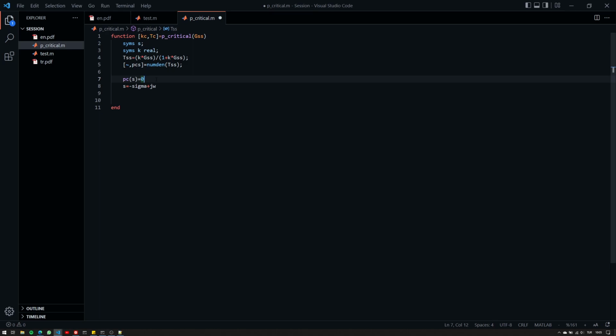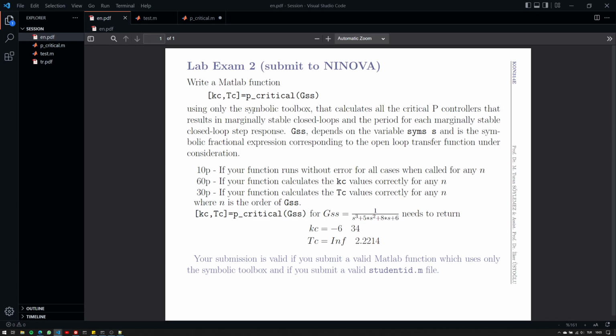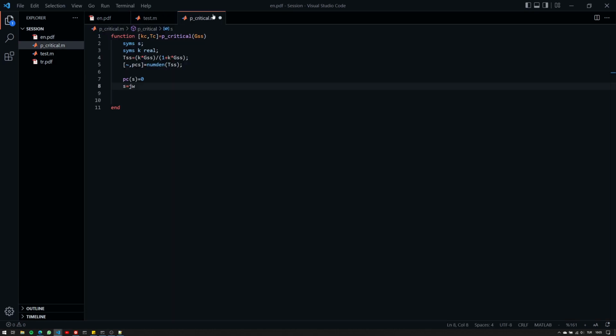So therefore we're looking for not a real value, not a complex value. We are looking for a pure imaginary part, j omega, because that's the point where we lose sigma, and e to the power of minus sigma t is the damping part of our solution. If that's not there, then we have a sine wave. Now, you might need to check out the inverse Laplace table for that. But we need to look for s equals j omega. If we plug in s equals j omega, then we get the critical part, or marginally stable part. Here, the marginally stable closed loop is asked here. So therefore, if we plug in s equals j omega, we can do that by,